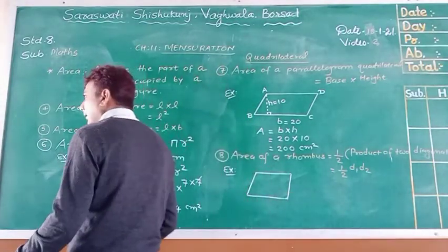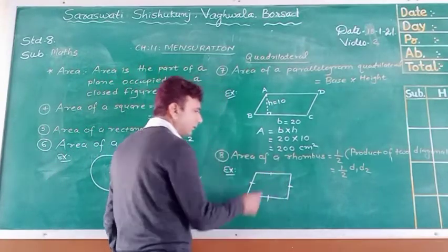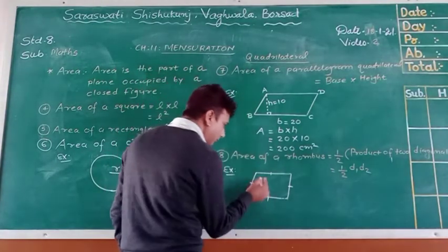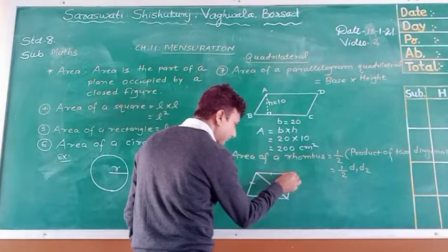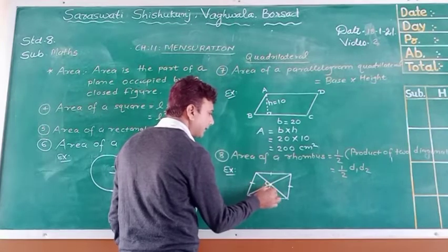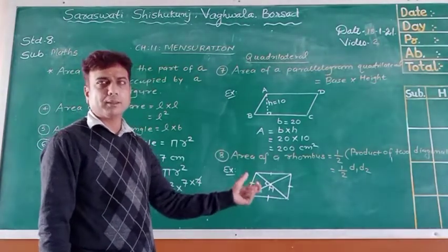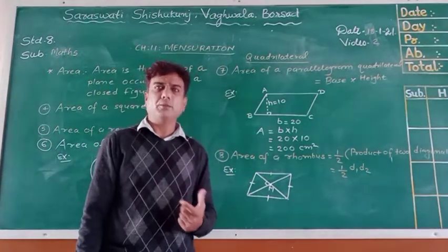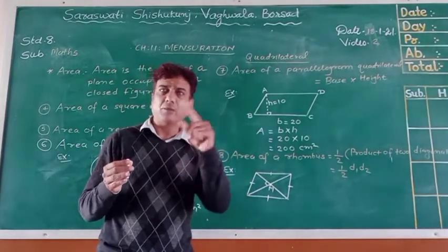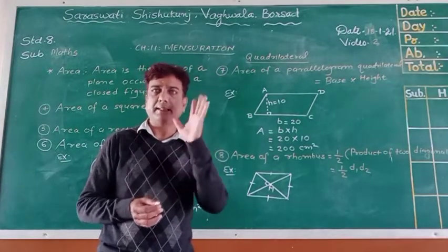In this rhombus, all sides are equal. All four sides are equal and parallel to each other. This is the rhombus figure. And these both are diagonals, and both diagonals bisect each other at right angle. This is the property of a rhombus. Once again I repeat the properties of a rhombus. In a rhombus the opposite sides are equal and parallel and all four sides are equal in measurement. Their diagonals bisect each other at right angle.